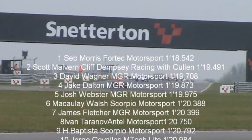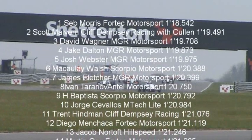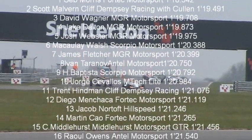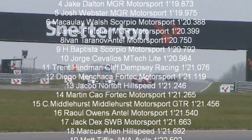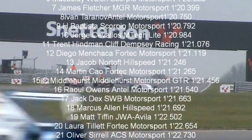Then it's the Formula 4 Champion alongside him. That's Scott Malvern there next to Seb Morris on the front row. Second row is David Wagner and Jake Dalton. On the third row is Josh Webster, the runner-up in the BARC Formula Renault last year, and Malky Walsh. On the fourth row is James Fletcher and Ivan Taranov. And the fifth row is Henry Baptista and Jorge